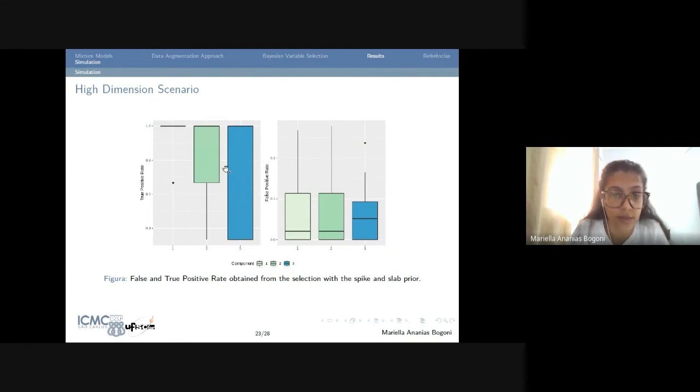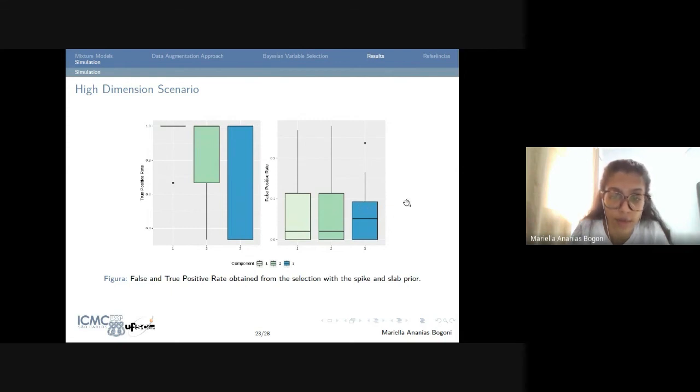That's why we have this variation in these 2 components. And for the false positive rate, we see that in each component of the mixture, the false positive rate presented some variation,